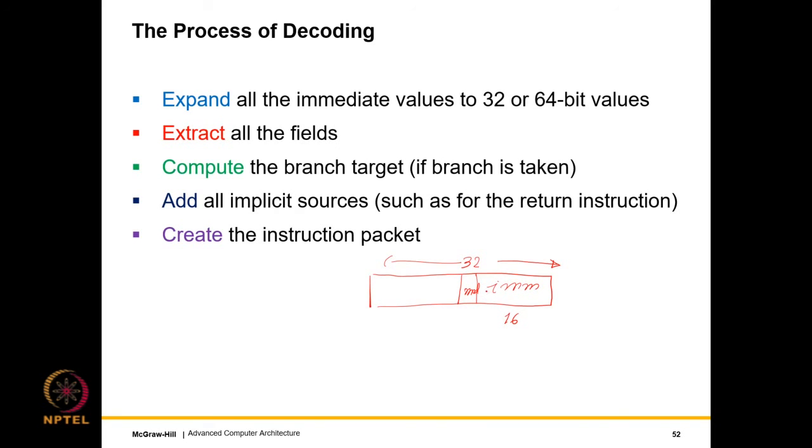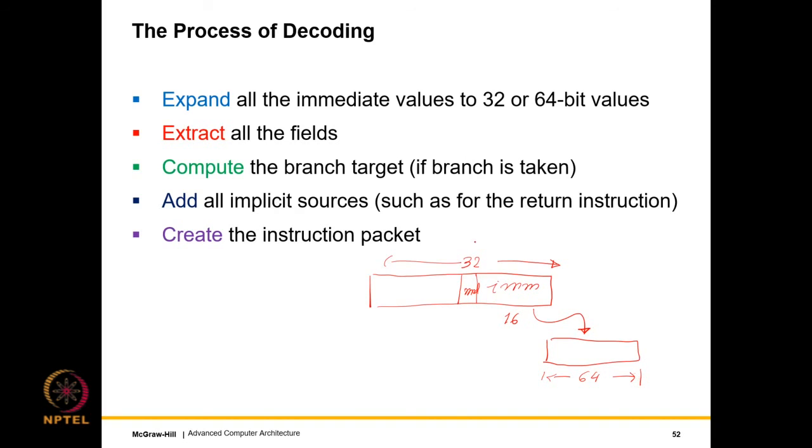But in different instruction sets, the immediate field will have different sizes. So regardless of the size, in the decode process, the immediate field is expanded to whatever is the width of the data path of the pipeline. So it's a 32-bit machine, which means that everything inside the pipeline is 32 bits. This includes registers, it includes the values that are read and processed by functional units and so on. So the immediate field is expanded to make a 32-bit field. Similarly, if it's a 64-bit processor, then the immediate field in this case will be expanded to a 64-bit field